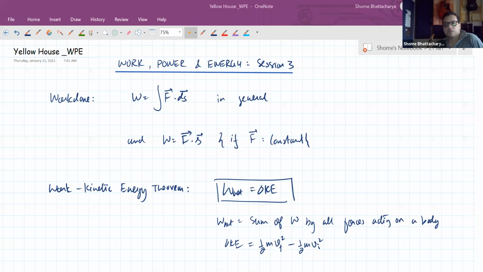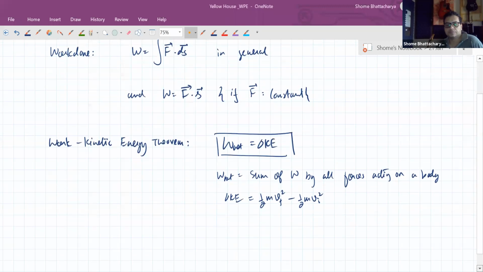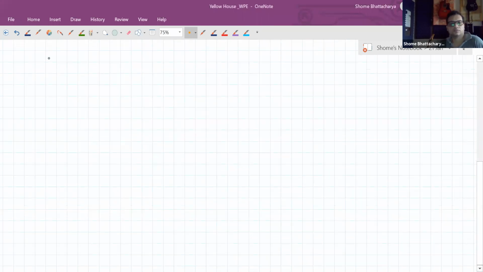Okay, so this is what we have learned in terms of the concepts in work energy so far. So let's start with another application example today. So for example, we have